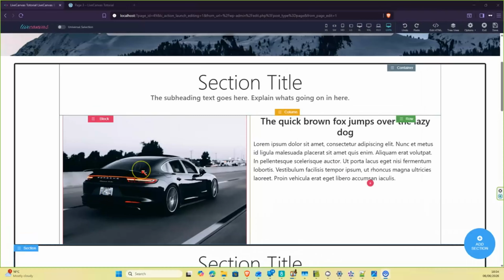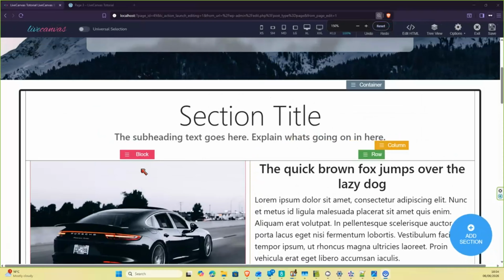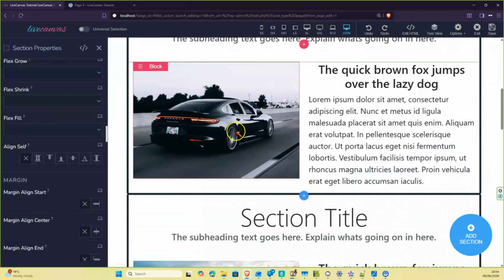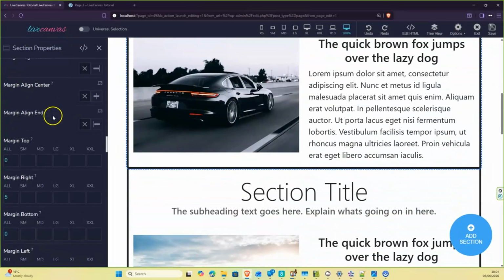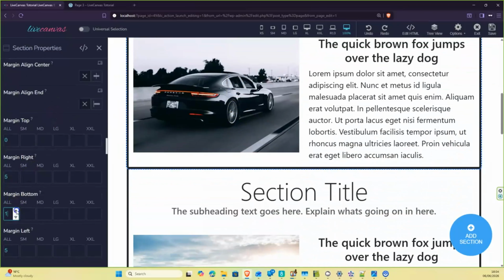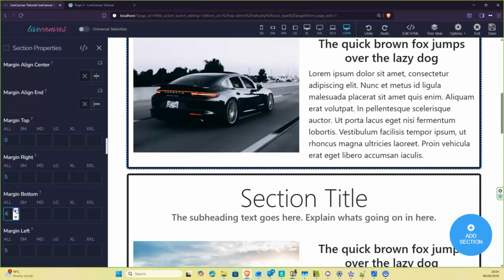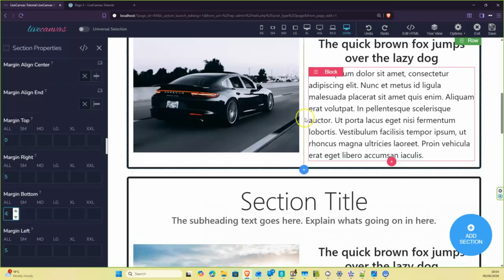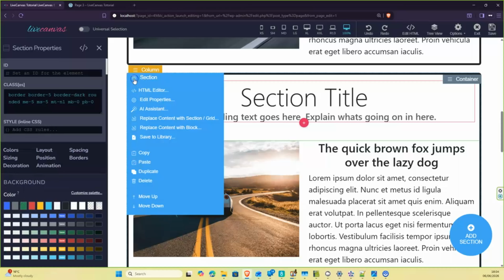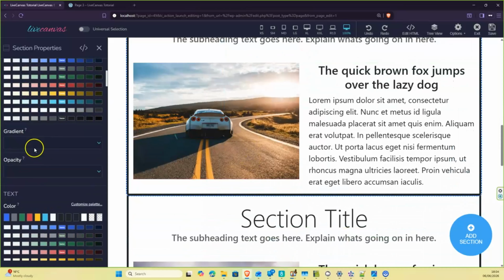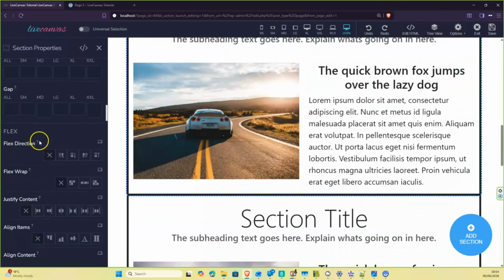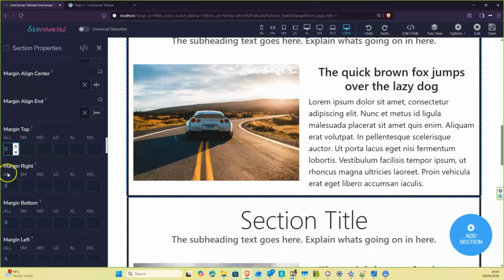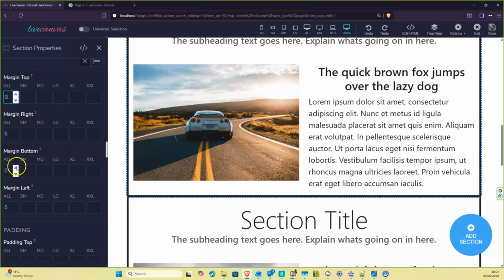So if we zoom in a bit so you can see better, and we'll select this section and edit properties, and we can add a margin to the bottom, margin bottom, we'll set it to 4, and then on this section you can add 4 to the bottom,